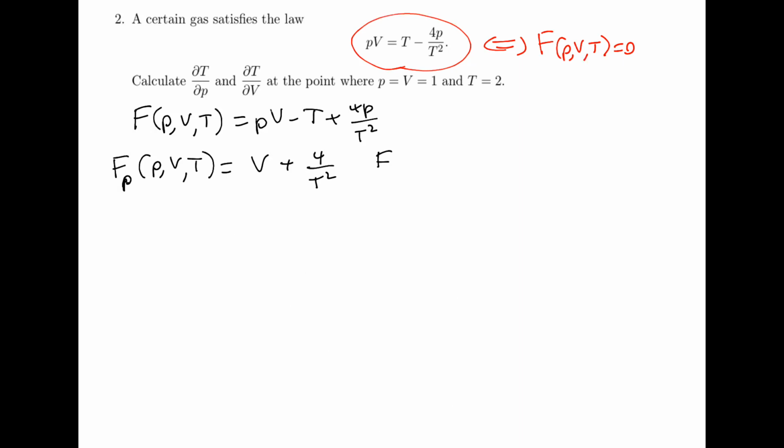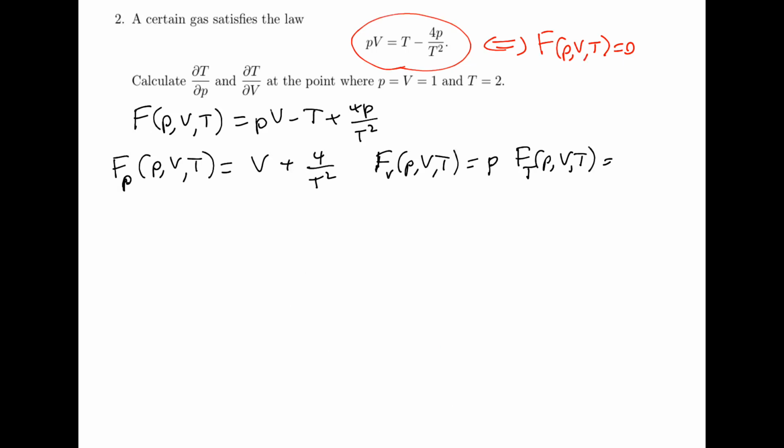Now let's compute the derivative with respect to V, because I will need them later. That's going to be equal to, well, PV differentiated is going to be equal to P. And nothing else depends on V. So then we're done, and the derivative with respect to T